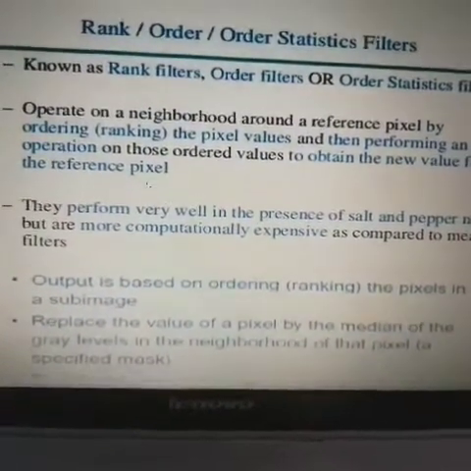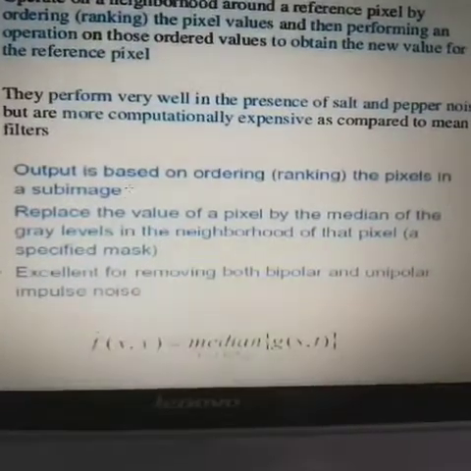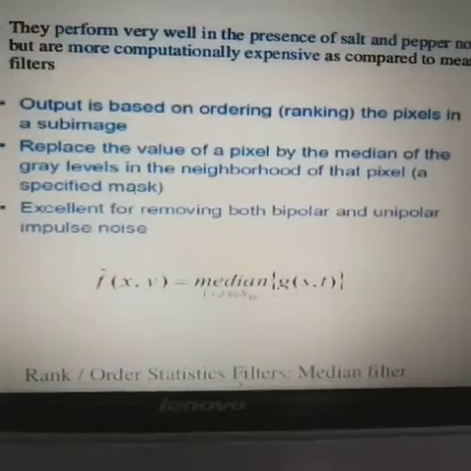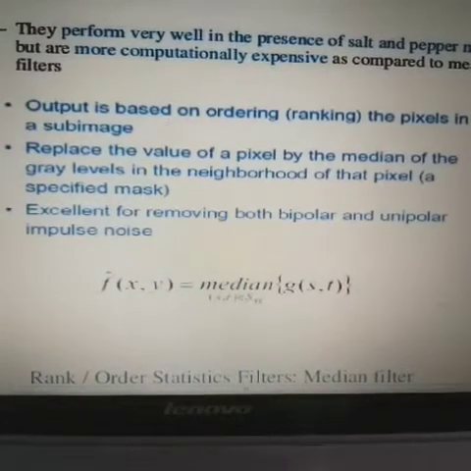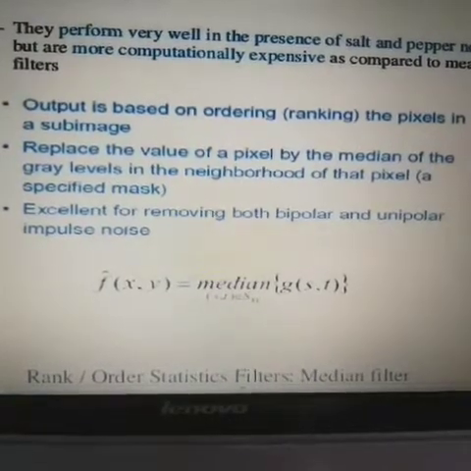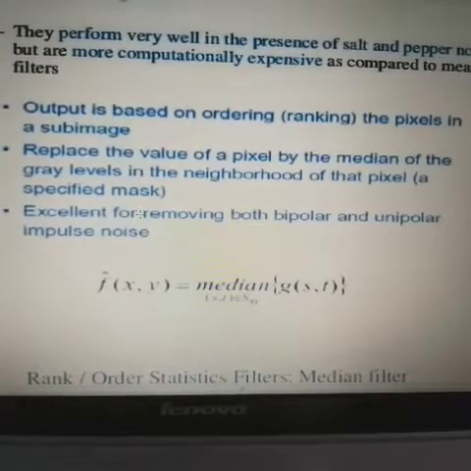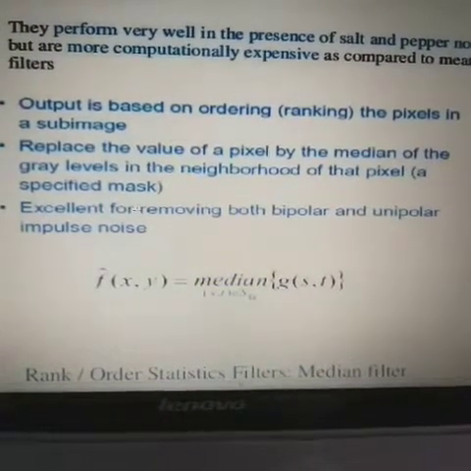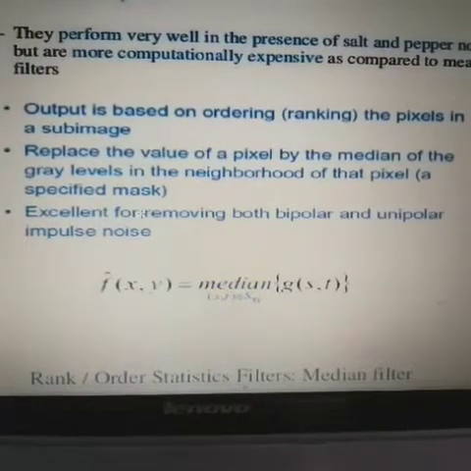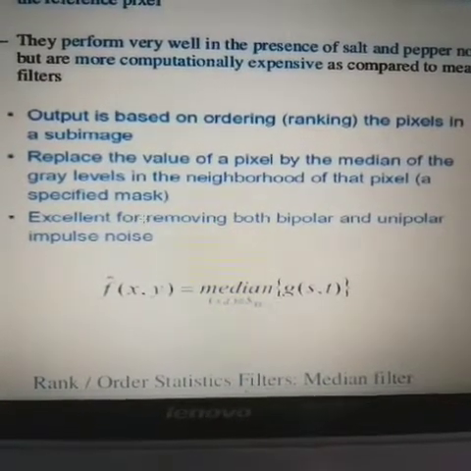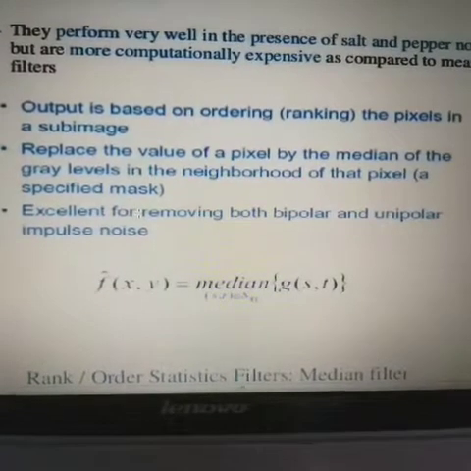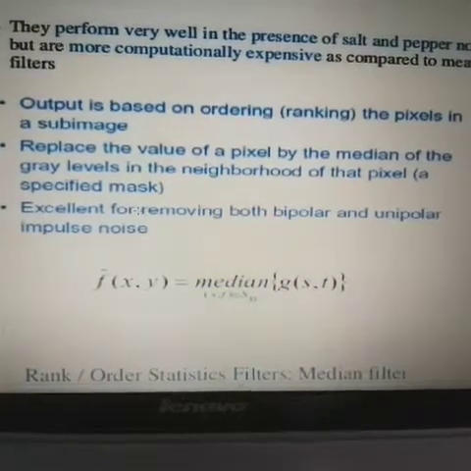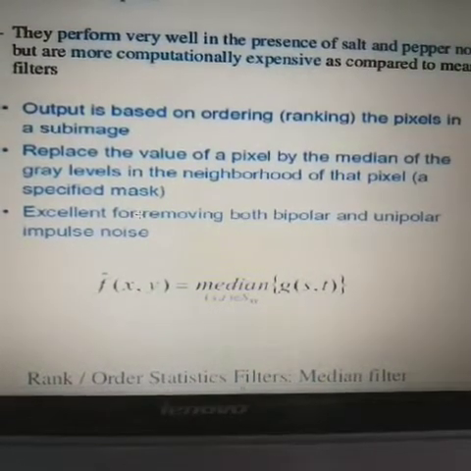The output is based on the ranking of the pixels in a sub image, so that we replace the value of the pixel by the median of the gray levels in the neighborhood of that pixel, within a specified mask. A specified mask means we select some part of the image, and we calculate the median with respect to that sub image for replacing the value of the pixel.